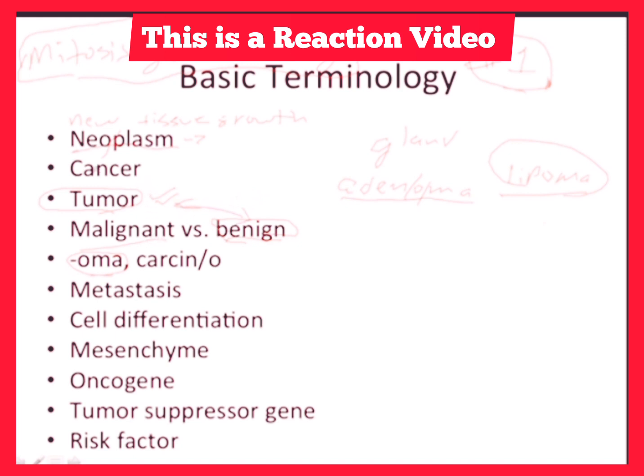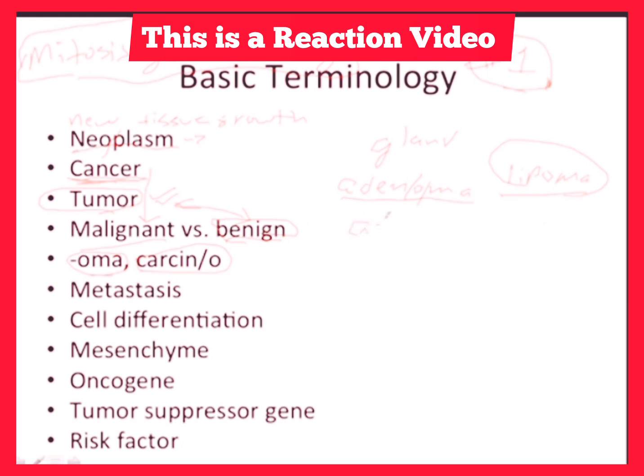Now, when we think of the term cancer, cancer obviously is a very important clinical term, but it's a word that I think is thrown around just a little too liberally or loosely. Basically, cancer is a word used to describe malignant neoplasms or malignant tumors. That's where carcino comes in. If you see the word carcino in a term on someone's chart, or in a book, or wherever you see it, that neoplasm or tumor is cancerous.